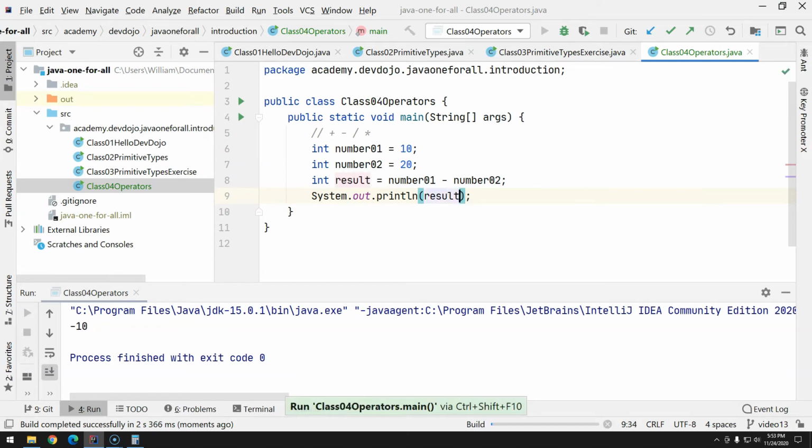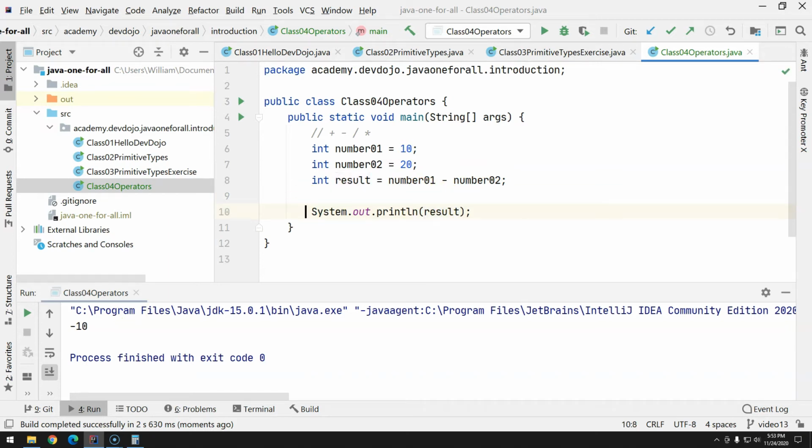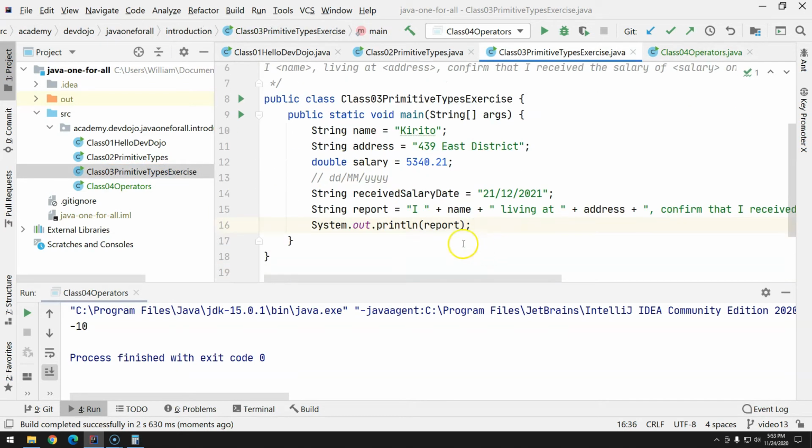So now we have one space in memory with 10, another one with 20, and another third space in memory that's the result of the values that we have inside space number 1 and space number 2. And we have the result minus 10. So minus, pretty straightforward, but now the plus, addition, is quite tricky if we are working inside the System.out.println. The reason is, as you probably saw in previous videos, we were using this as a concatenation,